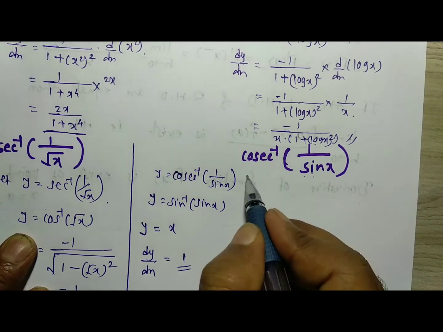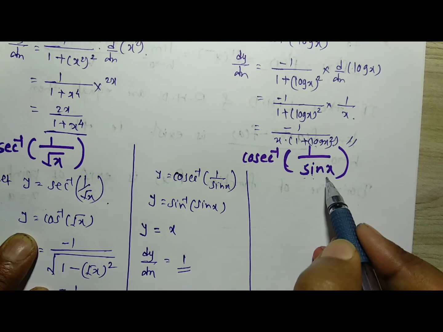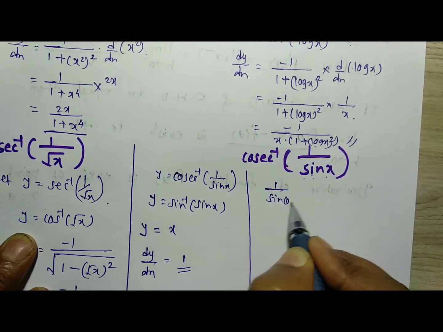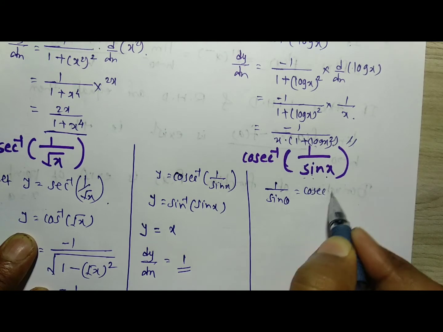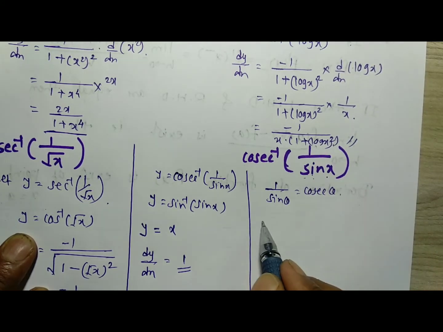Right now we can also solve this by using the 1 divided by sine x formula. We know that 1 divided by sine theta is equal to cosec theta, and by using this one we can calculate: let y is equal to